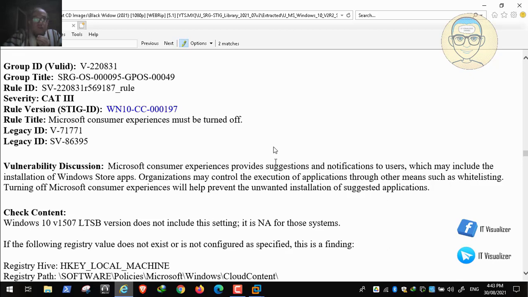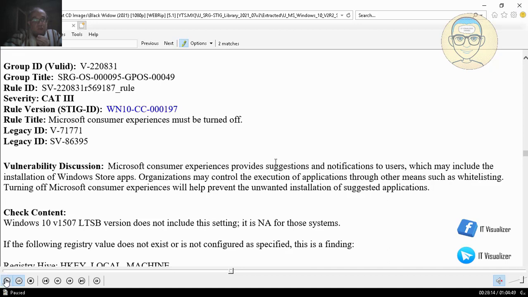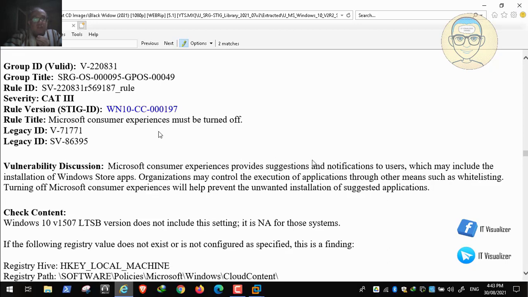This also may have some sensitive data. Maybe it's collecting data about Windows and the problems, so it may contain some sensitive data. So this kind of option should be disabled. I will tell you how we can do this, and then we will stop at this one. So we will go and disable this kind of